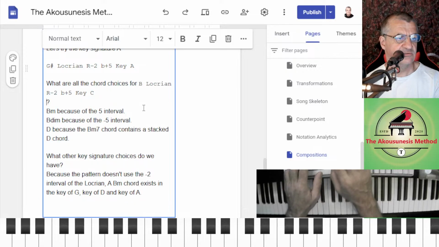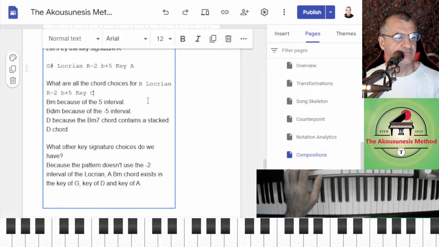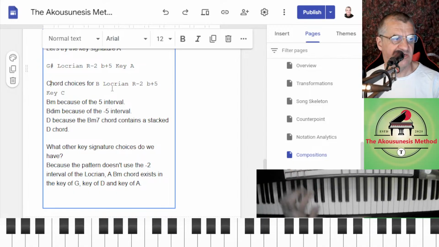I'll just go to chord choices here. This is just a research page, so...